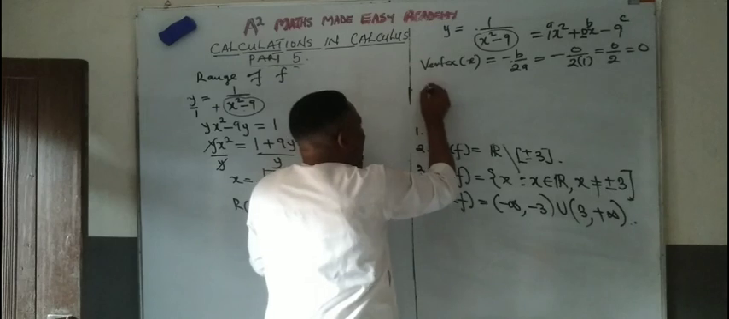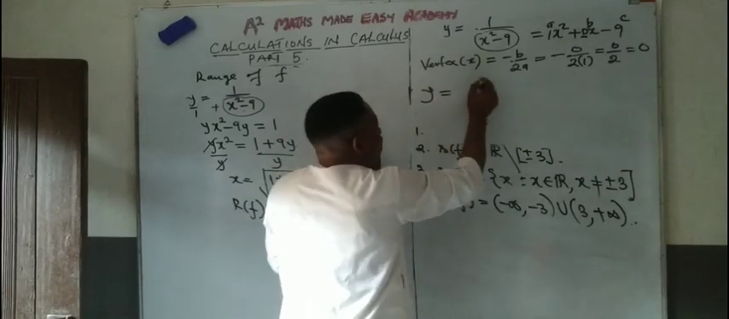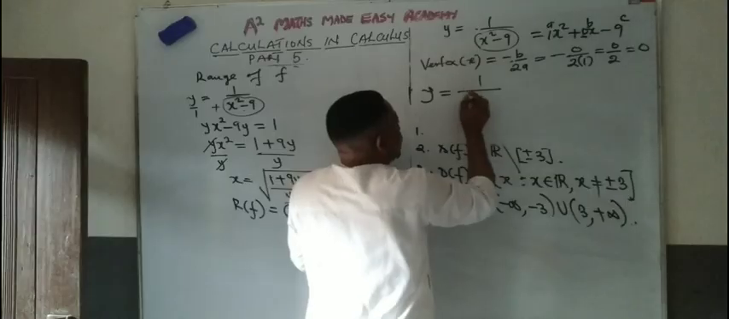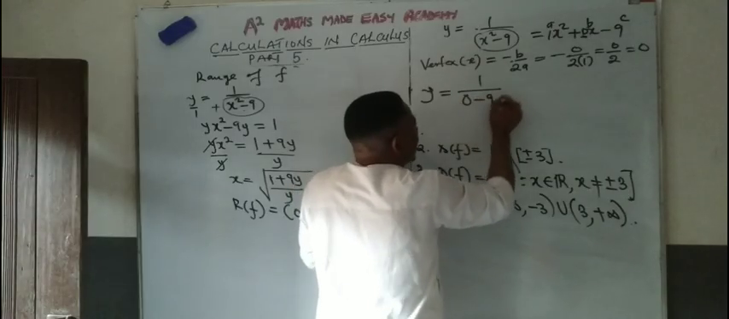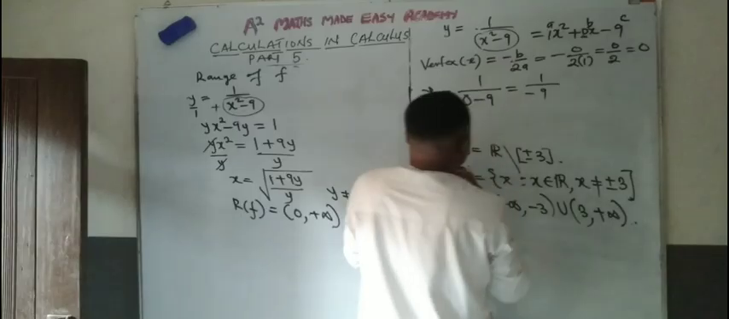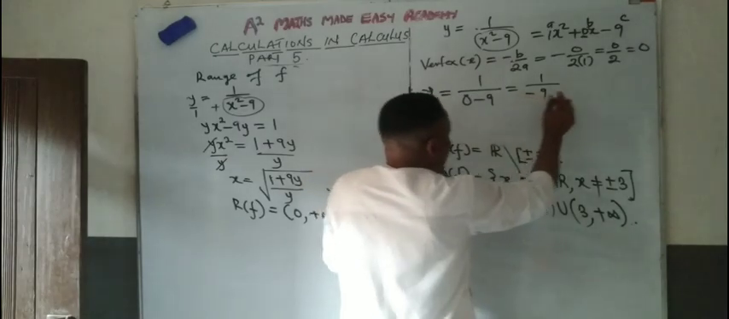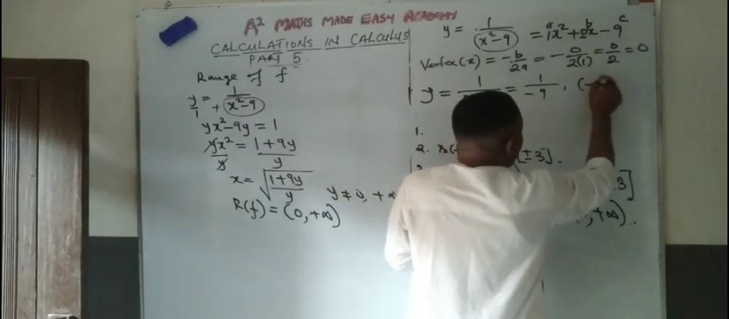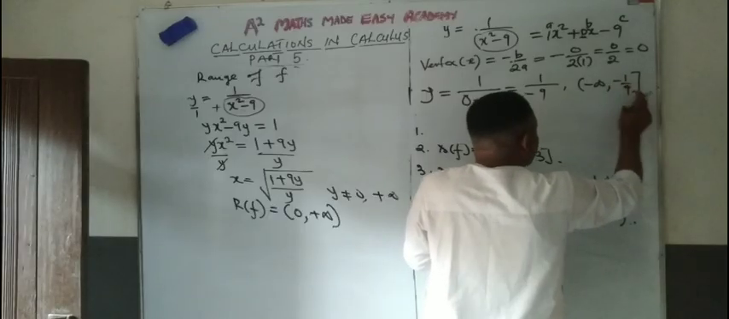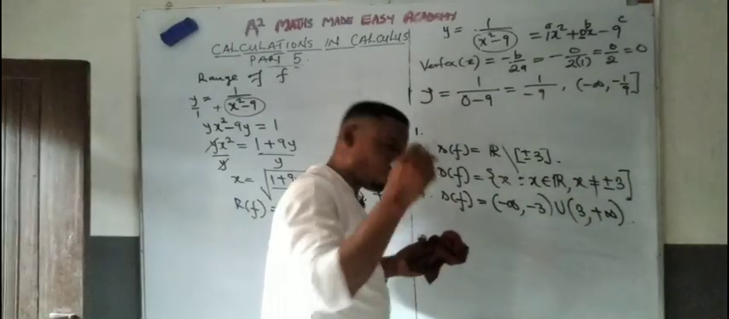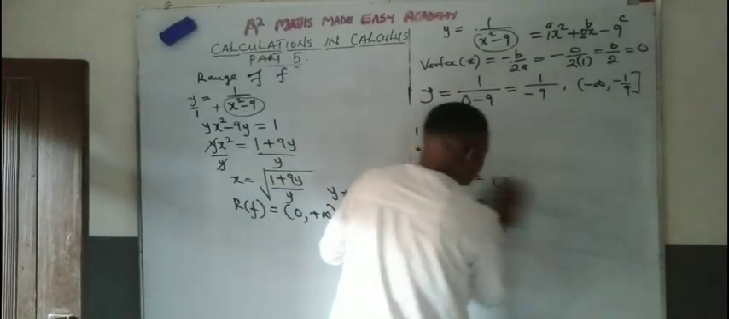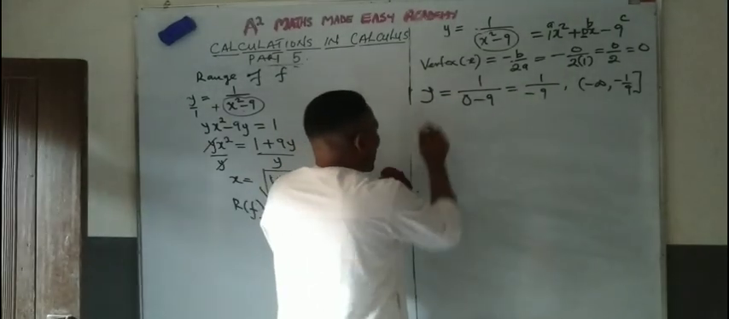Now with this, I can get the range, which is y. y is now 1 over, x is 0, and 0 squared will give you 0, minus 9. Then it will give me 1 over minus 9, and that is it. And since this one equals negative, the range is minus infinity, comma, minus 1 over 9 bracket. This time around, minus 1 over 9 is a member. So in summary, I can now say